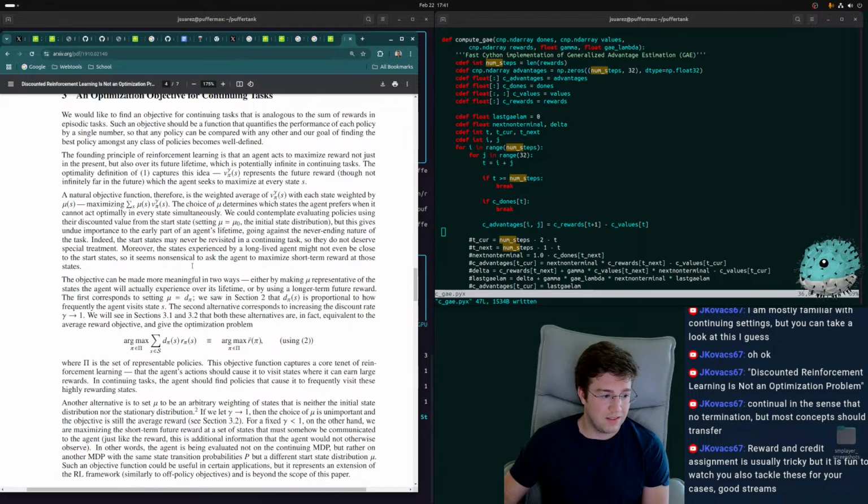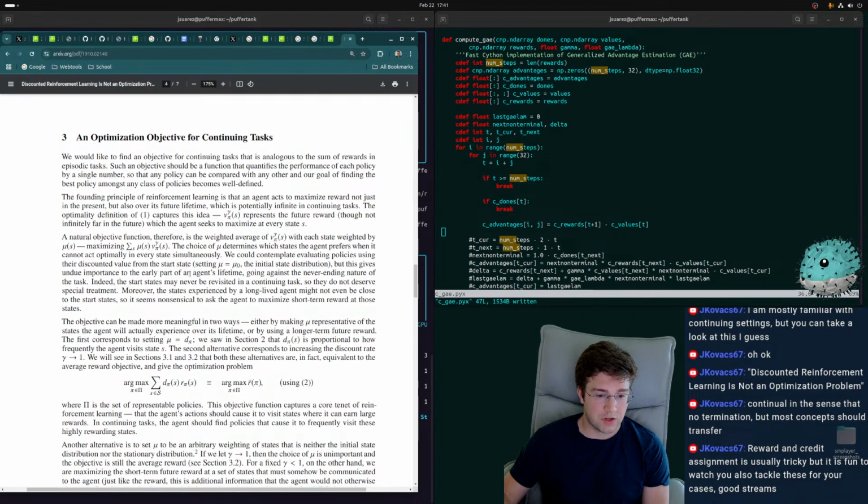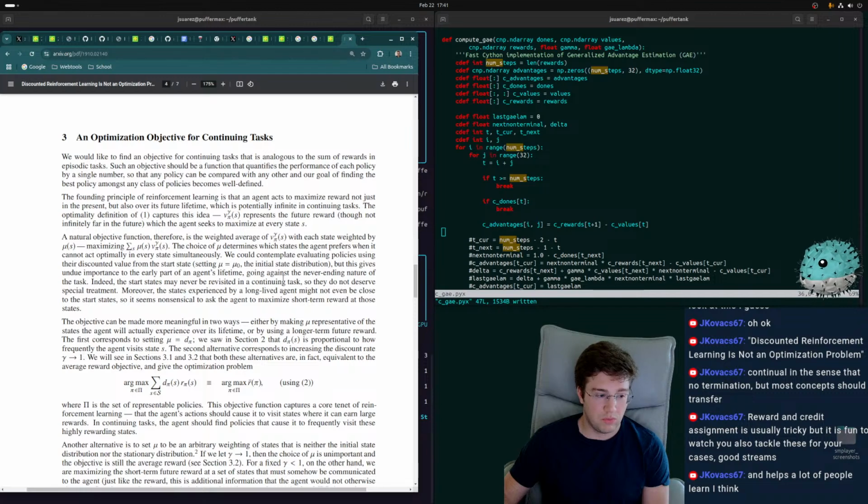Yeah, I'm a little suspicious of the framing of this. They're essentially saying that having this discounted sum biases your optimization, so there's no longer a solution or something. But you can't say it's incompatible with high dimensional continuous control when this is successfully used on high dimensional continuous control all over the place.